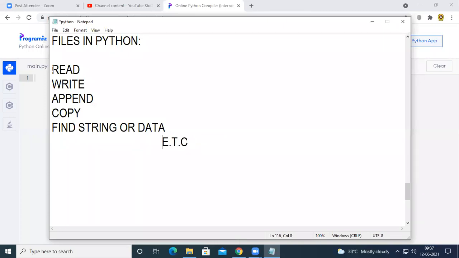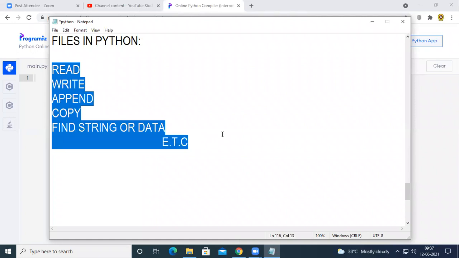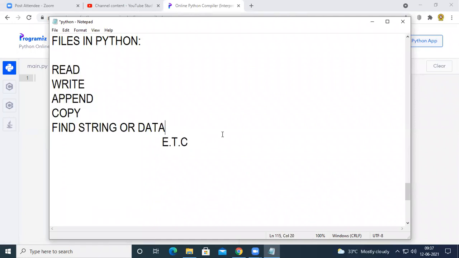In order to perform such types of operations, we need to know the procedure of how we can go with the files in programming languages.